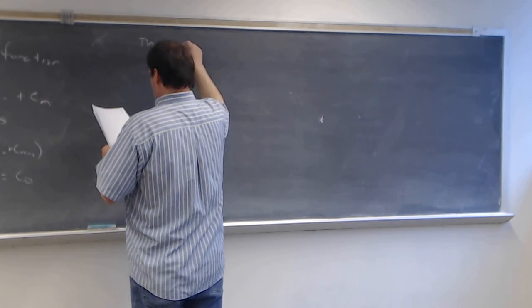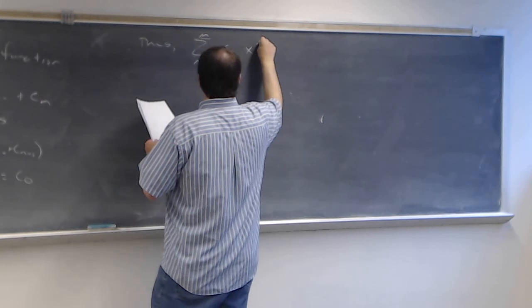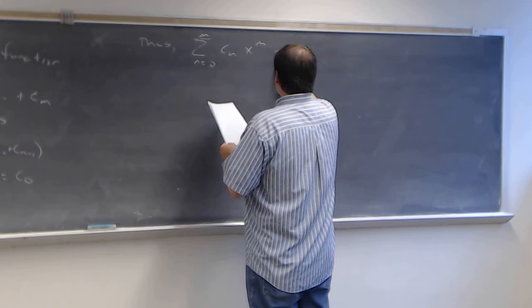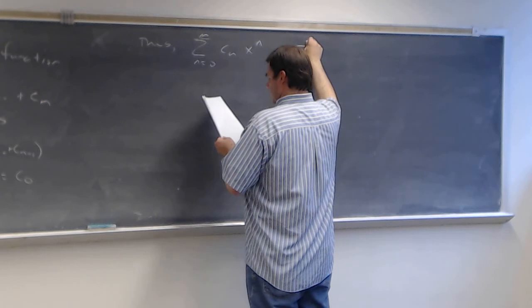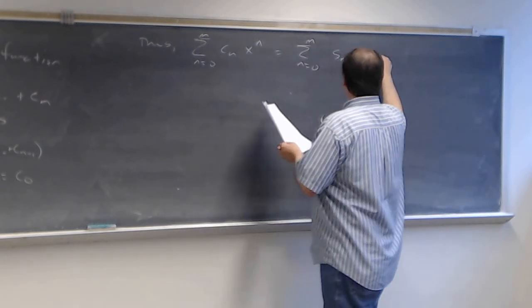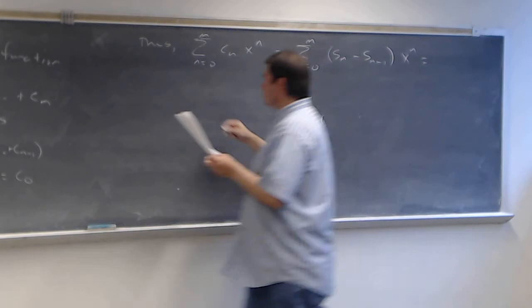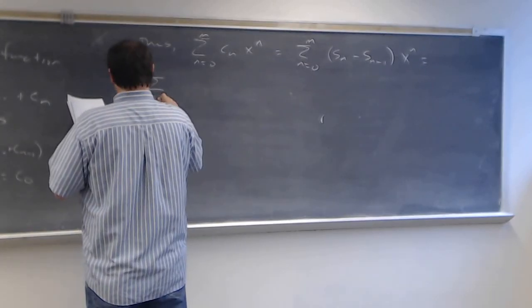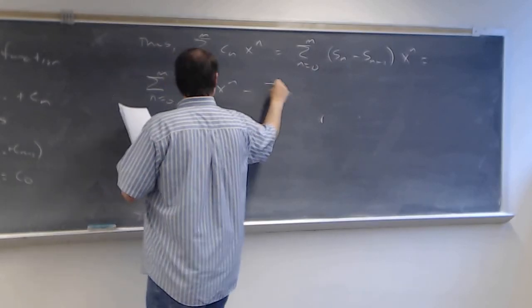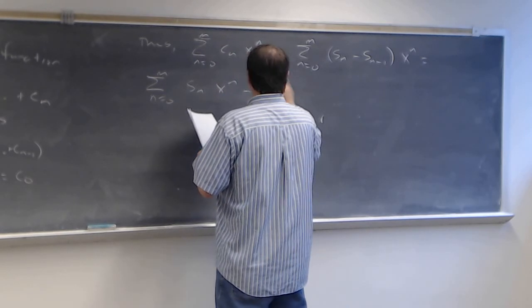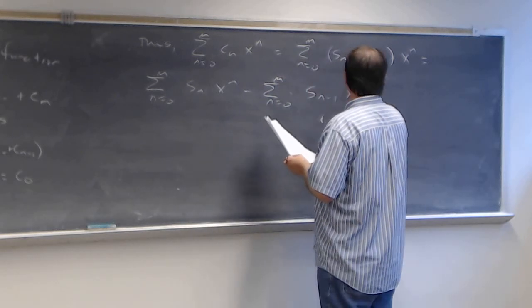Thus, the sum as n runs from 0 to m of c sub n x to the n is really the sum as n runs from 0 to m of s of n minus s of n minus 1 times x to the n, which equals the sum as n runs from 0 to m of s of n x to the n minus the sum as n runs from 0 to m of s of n minus 1 times x to the n,